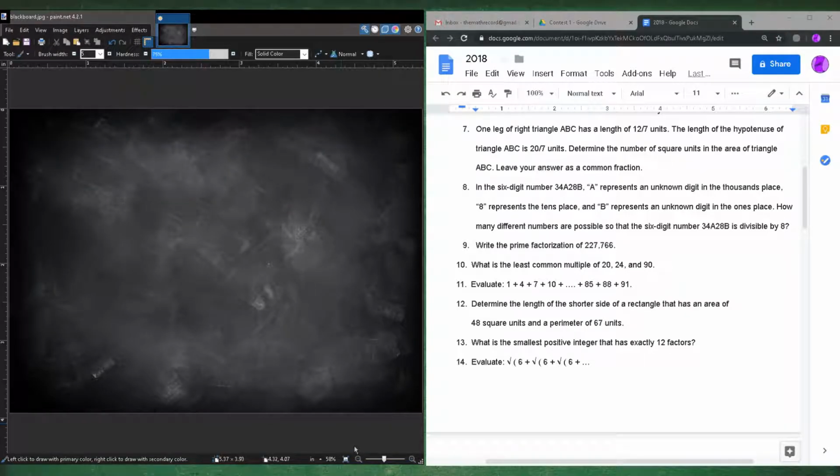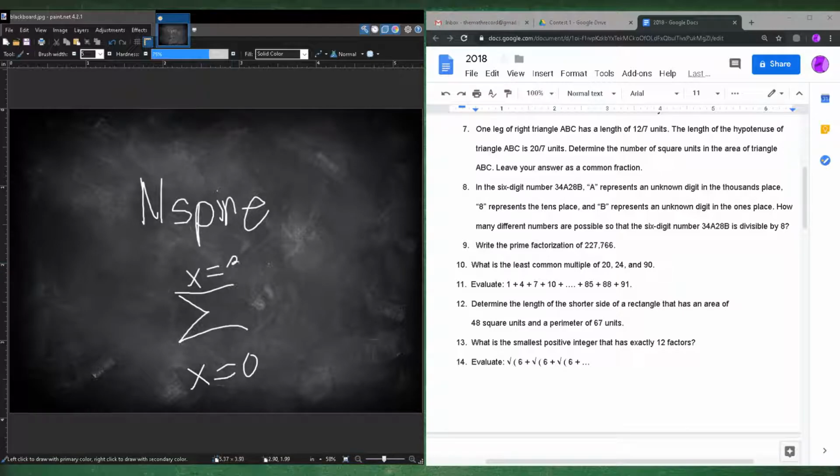Another way you could do it is that usually I use my calculator. I don't know how it works for the 84, but for the Nspire, you can just go to the calculus section, and there's something called sum, a summation. So you have a summation from x equals 0 to x equals 30 of